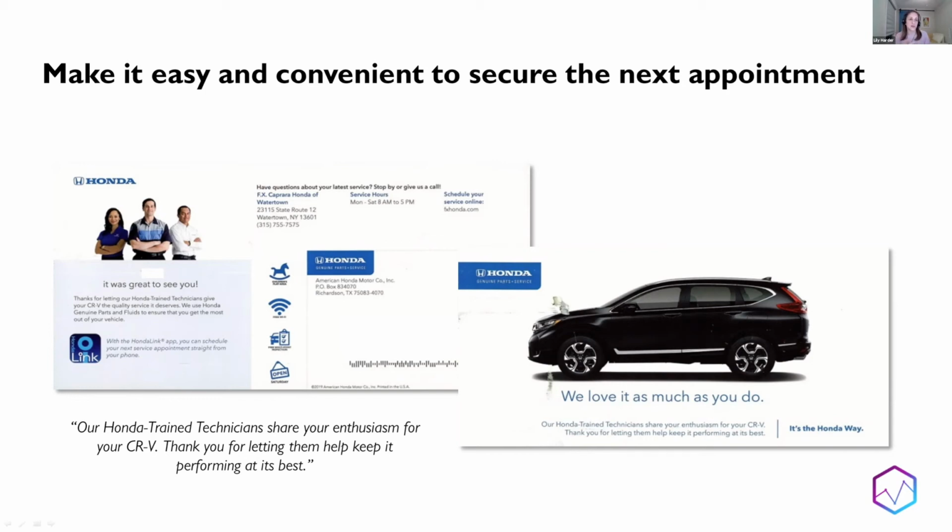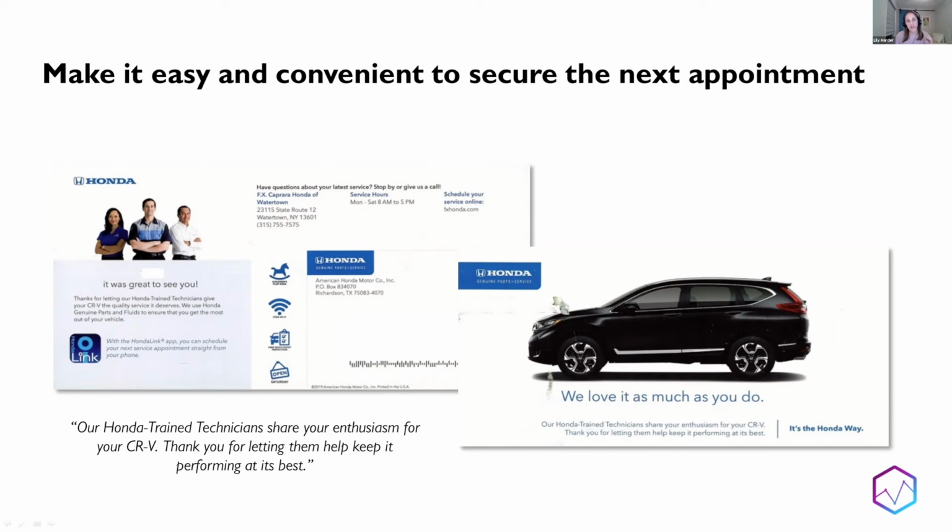But I just thought this was somewhat clever, where Honda was actually following up with customers who had a recent visit and had their car serviced or something like that, and really just offering an easy way to schedule the next appointment. So saying thank you for your business, and even having a personalized touch, because it had the picture of the person's car. If you know the information on your customer, you should easily be able to print their car model on your campaign, and then just make it so easy to ensure that next visit, the next appointment. And again, triggering action before they forget about it and it becomes out of sight, out of mind.